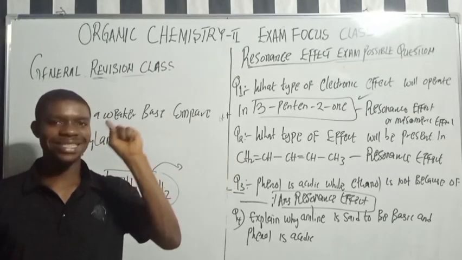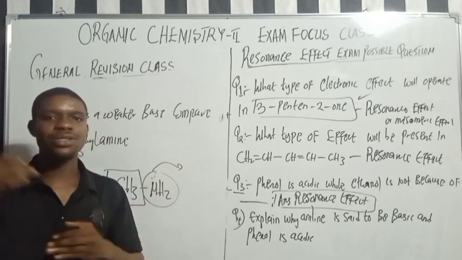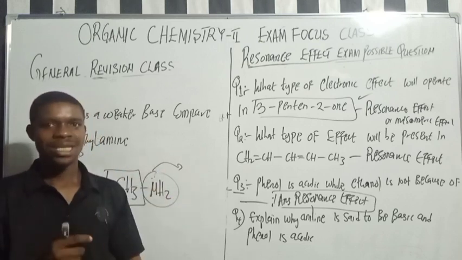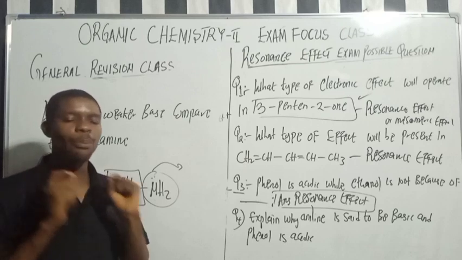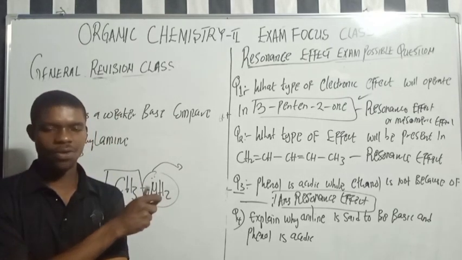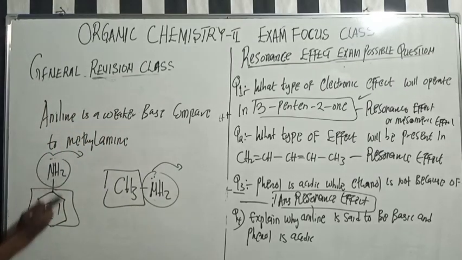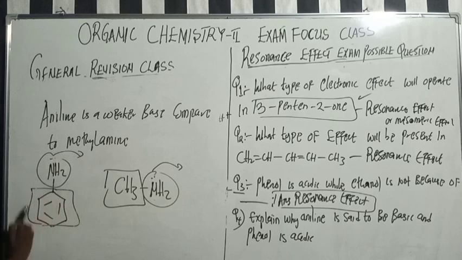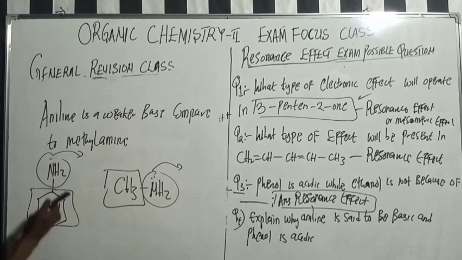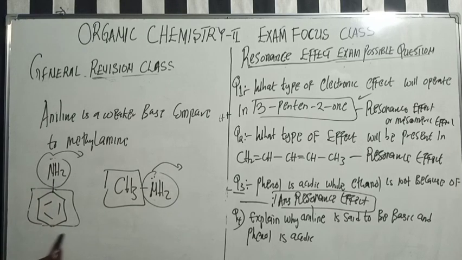Resonance will increase acidity. Any acid that has a conjugate base with a delocalized electron or resonance structure is a stronger acid. But when it comes to bases, resonance decreases basicity, because the compound has a resonance structure. You get that? So now aniline is a weaker base due to the resonance effect